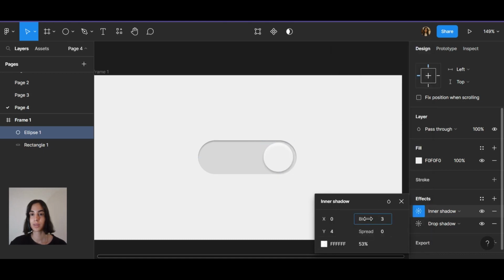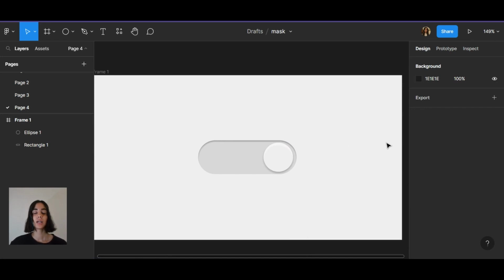And you can reduce the blur number like this. Click and drag when you see the arrow key. Okay, I created my toggle key. Now it's time for